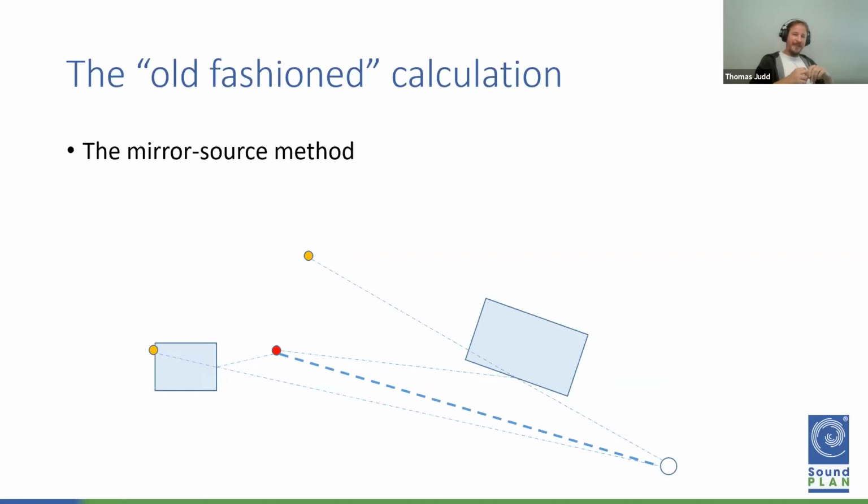The trouble is that as you increase the reflection order, if you do it naively, you see an exponential increase in the number of these mirror sources, because with every new reflection order, all the previous mirror sources have to be reflected in all your surfaces, and they kind of multiply and breed like rabbits. So if you're in an indoor environment where potentially you could have dozens of relevant reflections, this starts to get a bit too painful. So over the years, people are saying, okay, perhaps we need to update these methods